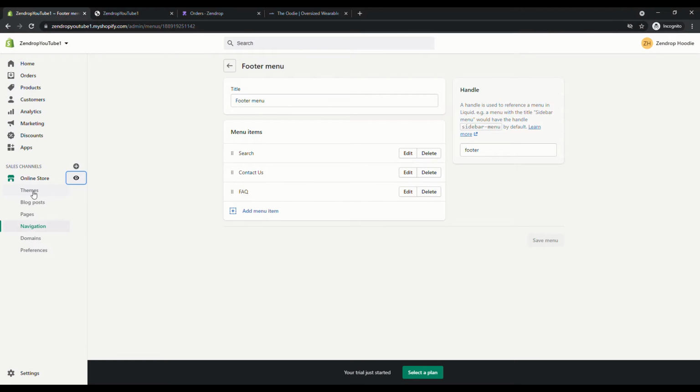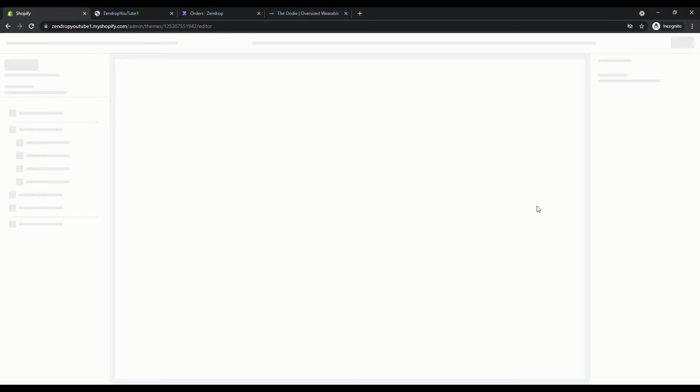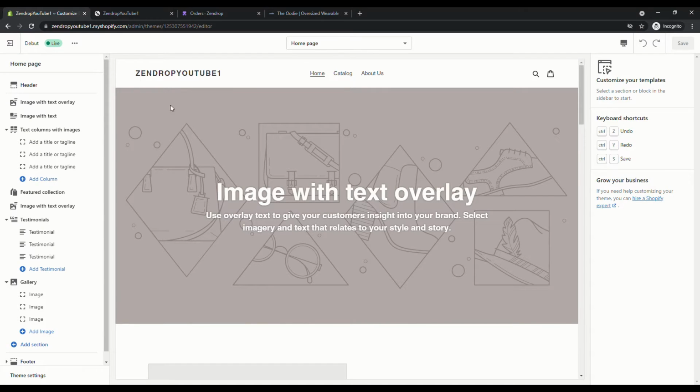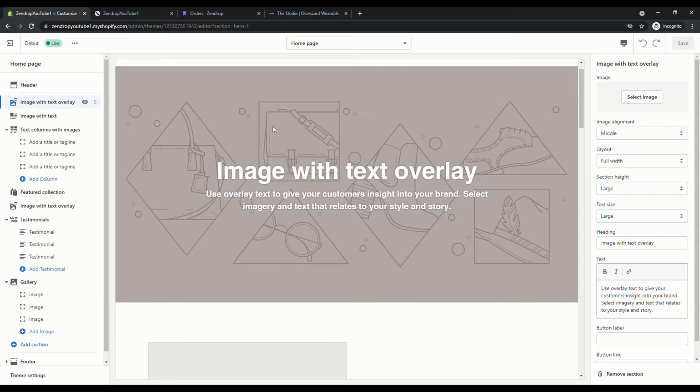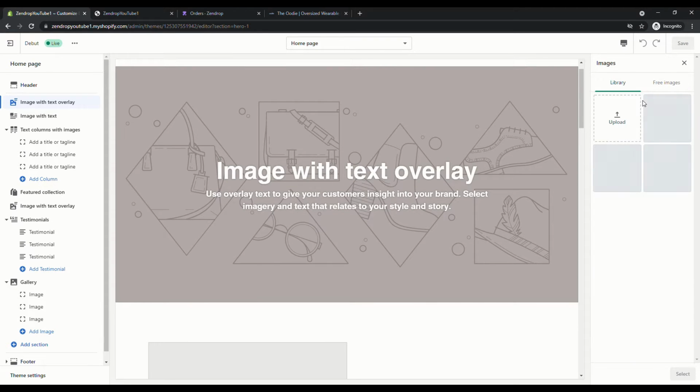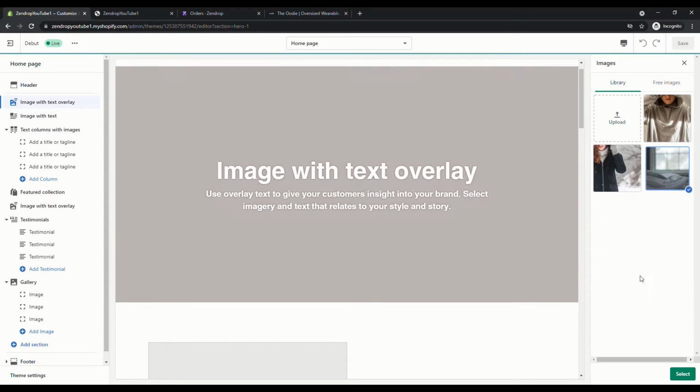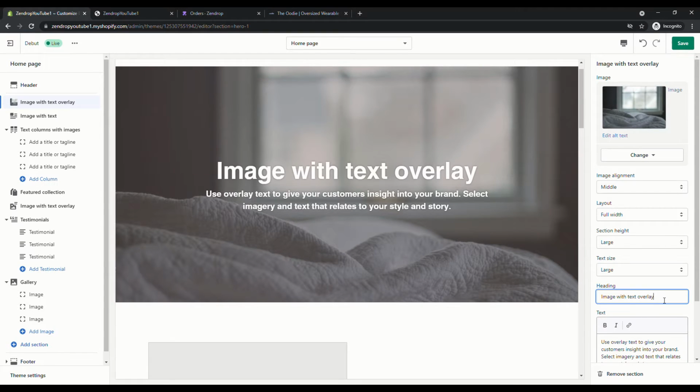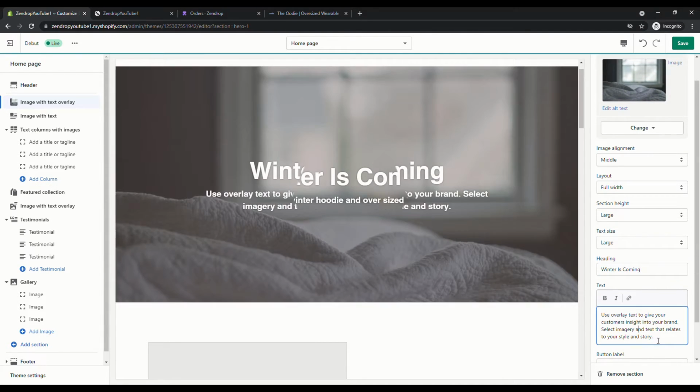So if we go to themes, we go to customize. What we'll do now is we'll put an image here. And to do that, we just click here and we will select image. And we might just go with, say, this image here. Now we're just going to put some text in here. Obviously you can put whatever text you like. We're going to do like a hoodie kind of store good for the winter. So we might say winter is coming, and then put some text in here like